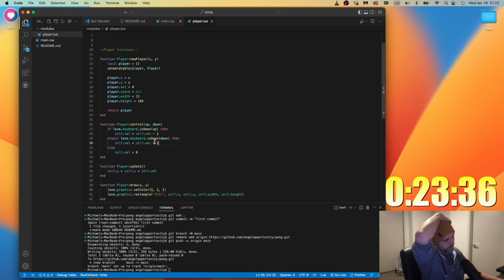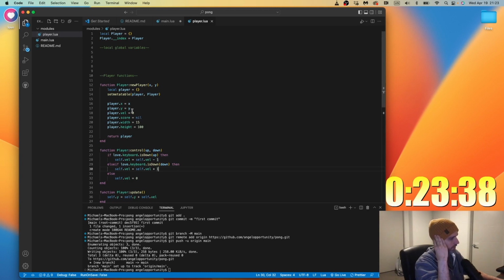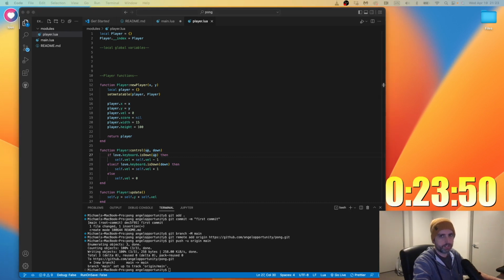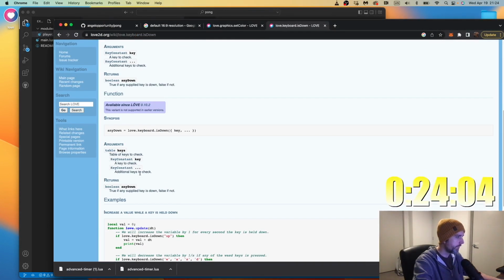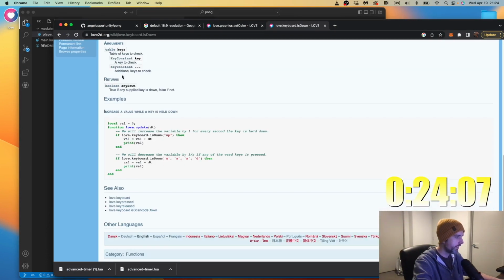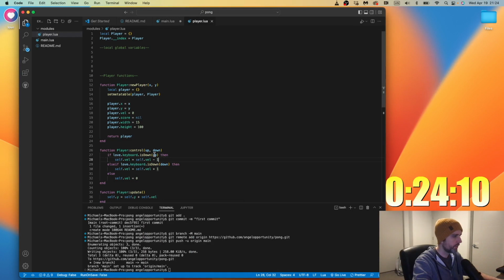Okay, so what I've done here is I've added these inputs that we're going to do on main.lua, up and down. And actually, let me check something because of love.keyboard. I don't know if it needs to be in quotes or not. Let's see. I think it does. Key. Oh, you can look at the documentation. Where's the example? Come on. Yeah, it needs to be in quotes. So we'll do it. That's not going to work, is it? Hold on.